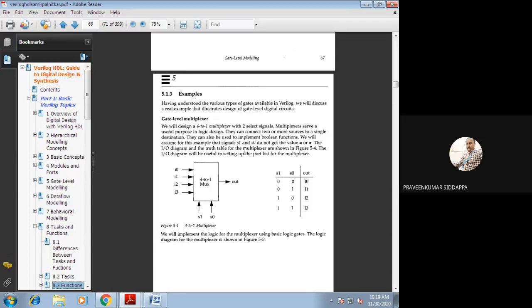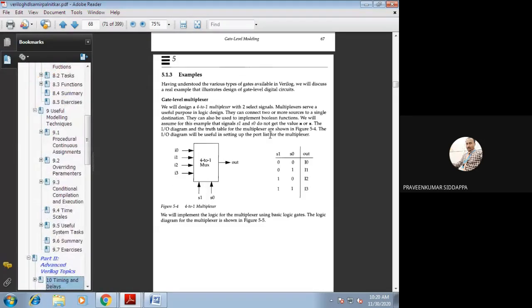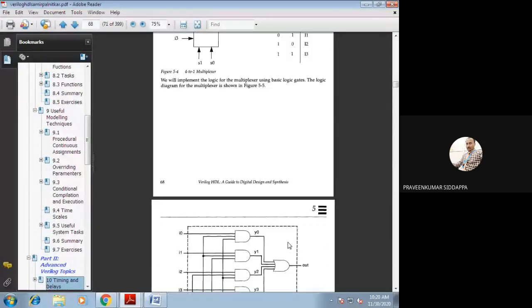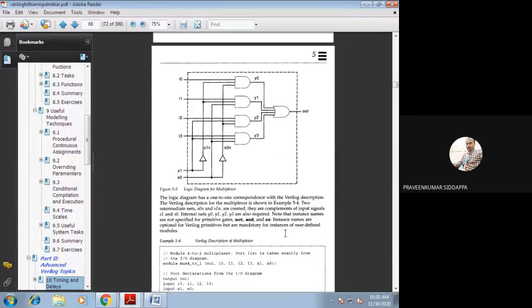After writing that Boolean expression, if you want to draw the K-map, you can draw it, no problem. That is also correct. After getting the expression, by using that expression we should draw the logical diagram compulsorily. This is the logical diagram of the 4:1 mux.